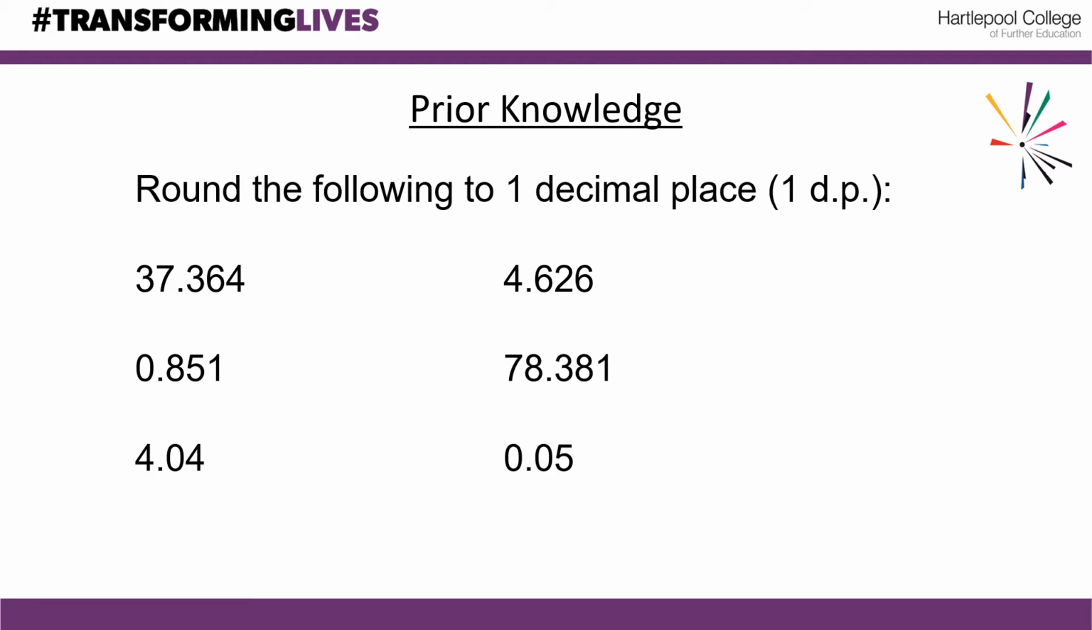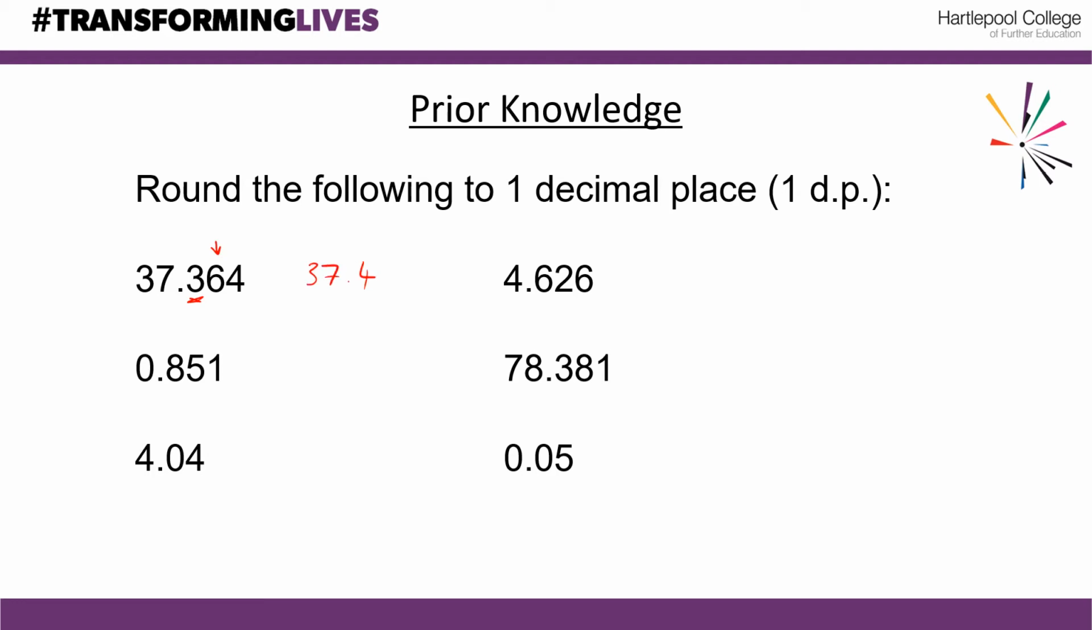Okay, so we're rounding all of these to 1 decimal place, so my answer needs to have 1 decimal point. So the first one, the 3 is the important number. That's the last number that I need to include. Now the 3 can stay the same or it can round up depending on the digit before it. So if the digit that precedes it is a 5 or higher, it's going to round up. In this case, the digit before it is a 6, so it does round up, so that's going to be